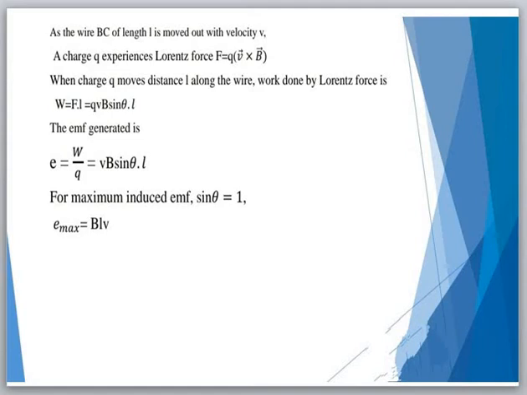Thus for any circuit whose parts move in a fixed magnetic field, the induced EMF is the time derivative of flux phi, regardless of the shape of the circuit. The flux rule is also applicable in the case of a wire loop that is kept stationary while the magnetic field is changed. The Lorentz force on the electrical charges is given by F bar equal to Q into E bar plus V bar cross B bar.